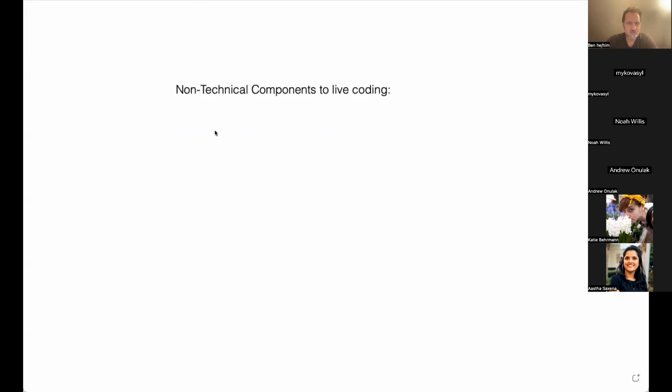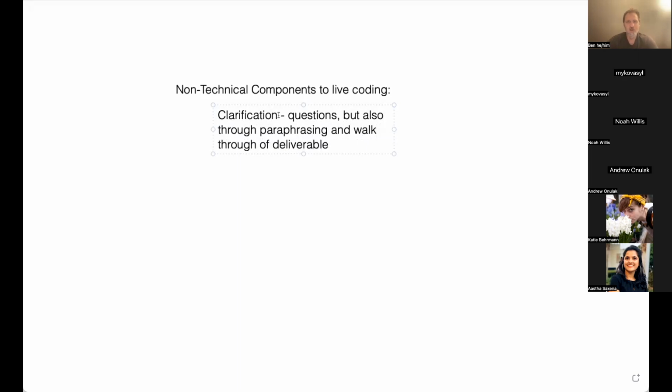So the first one is the clarification phase. And the clarification phase can happen through questions, but also through paraphrasing and kind of a walkthrough of the deliverable. So for instance, if I say, the technical challenge for you is to build a form, it's going to collect some inputs, and then it's going to have this